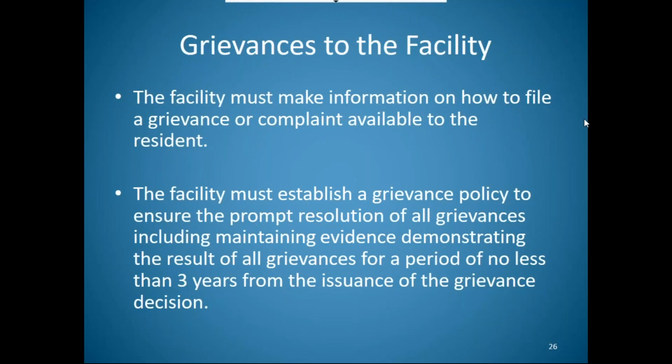Let's take an example. Let's talk about the little lady that lost her black pants. She goes to the activities director, social services director, and reports her black pants are missing. She sent them to the laundry. She hasn't seen them in a couple of weeks. Okay, so an investigation is started. The facility goes through the laundry, no black pants. Okay, so now we're going to go through every resident's closet in the facility, still no black pants. And we decide, since we didn't find them, we'd go out and buy her a pair of black pants.